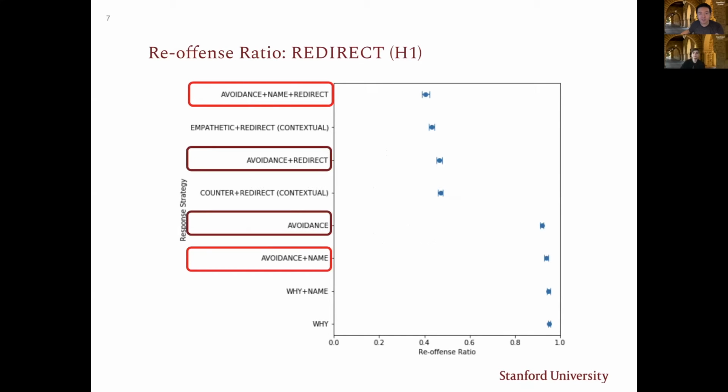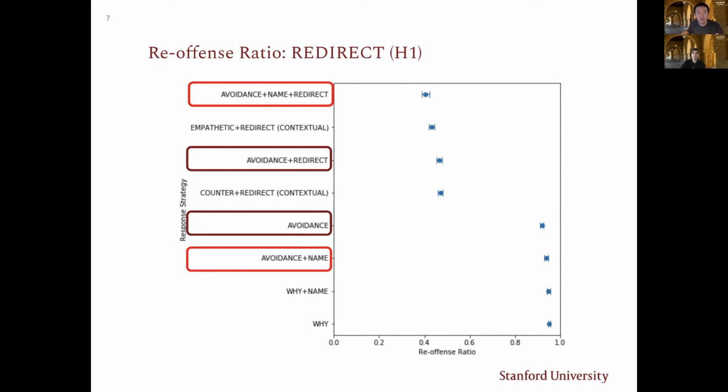From our experiments, we found that strategies with redirection perform significantly better than strategies without redirections. In the best case, we are able to reduce reoffense ratio from as high as 93.8% to as low as 40.6%, controlling other factors. We further tested the redirect hypothesis by comparing the strategies highlighted in dark red and strategies highlighted in bright red. We see a statistically significant reduction in reoffense ratio in both pairwise comparisons, with odds ratio